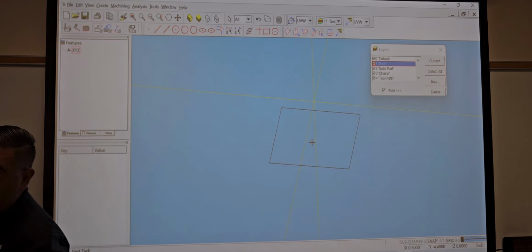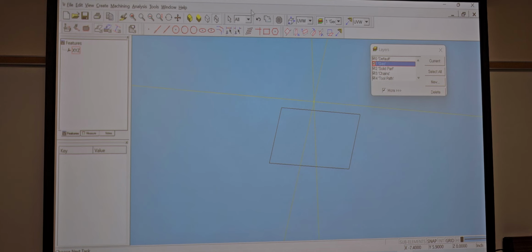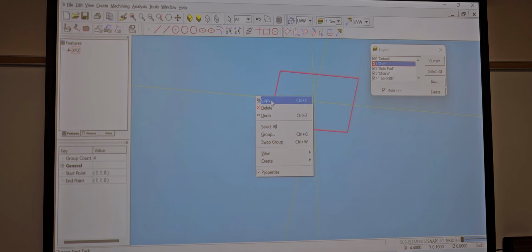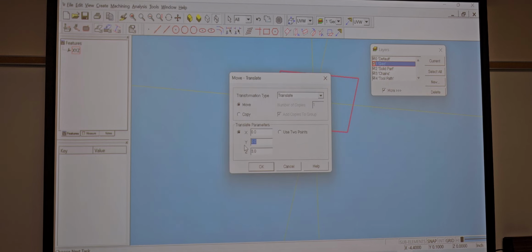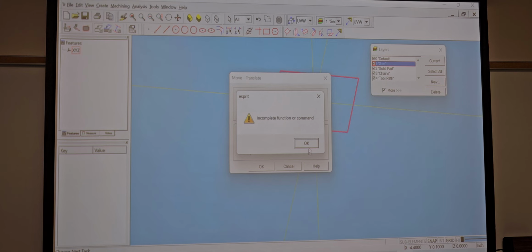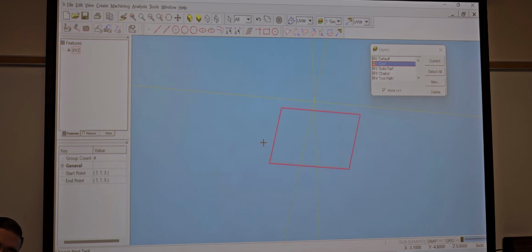So for example, let me show you guys because I know one of you are gonna run into this. If I have it there and I hit shift, then I go to translate, let's say I take this off, right? On my Y, I hit enter, incomplete function or command, right? Crash. That is just because I don't have a value here. 0 is a value, right? So I need to put 0 there, then it did that. Are we good? All right, so now I'm gonna go to machining,